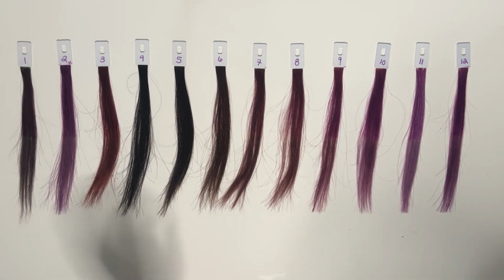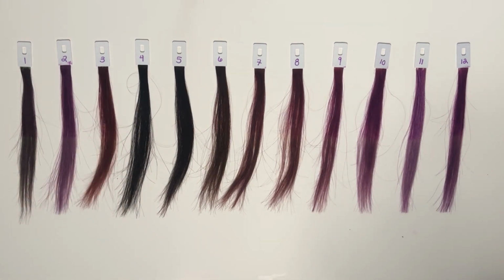3 was the natural red. Unfortunately, I don't see a huge difference. I mean, there's definitely a difference from before. I think because there was so much warmth in the natural red beforehand, that kind of takes over. So I see some of the pinky tones sticking to the red from the Violet Dream, and adding the sterling